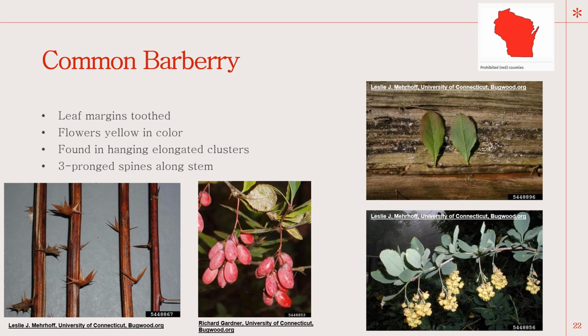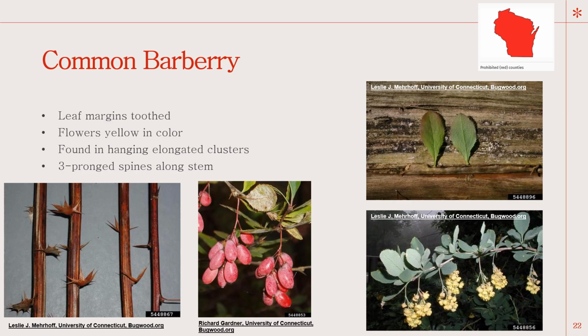Looks superficially similar. A few key differences: the leaf edges of common barberry are going to have teeth along the edges, while the other barberry, Japanese barberry, does not have teeth along the edges. And then the flowers are actually more elongated clusters, and they're going to be more yellow in color, but they